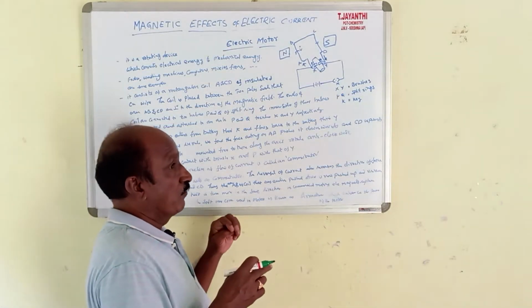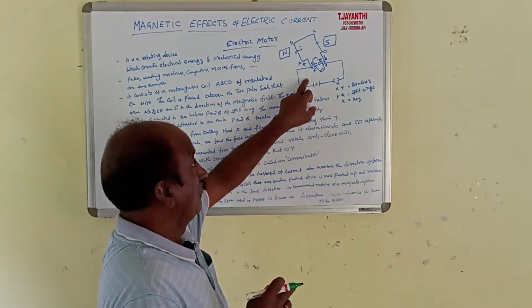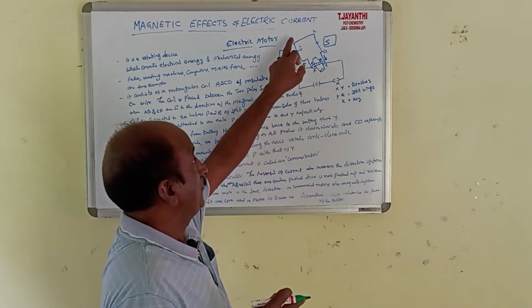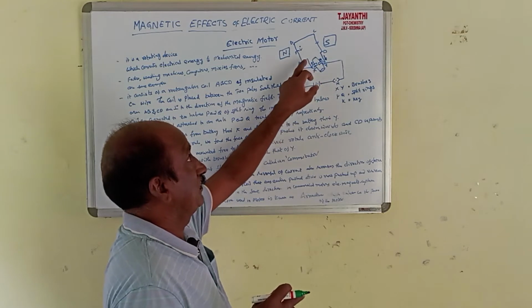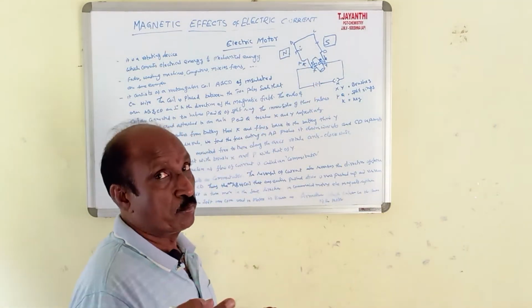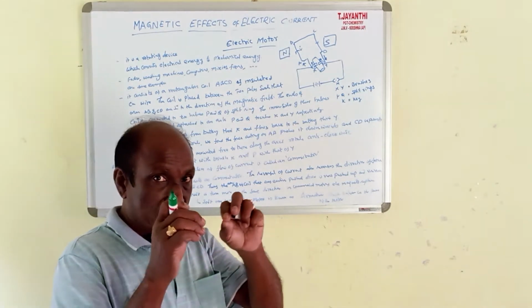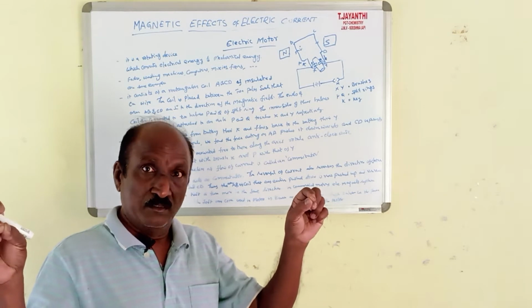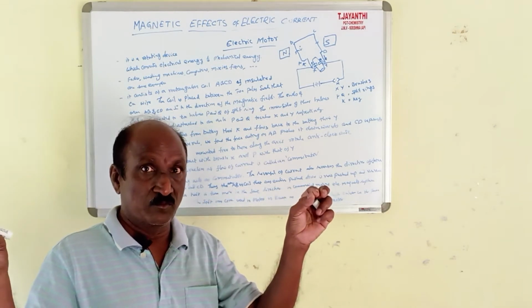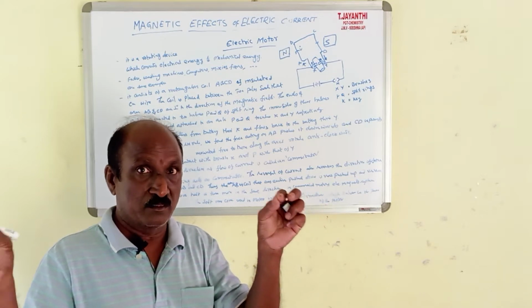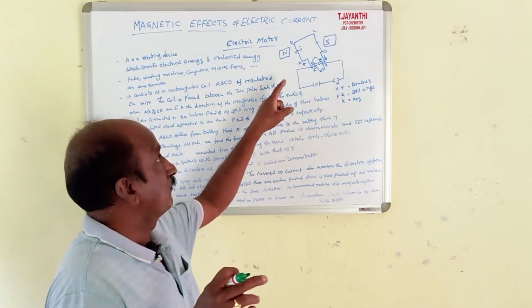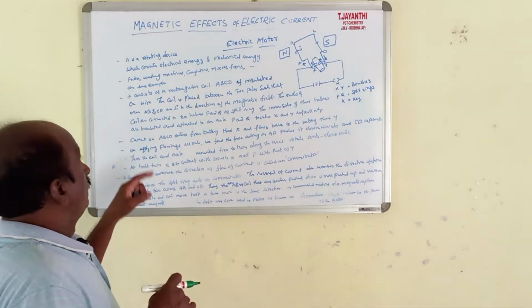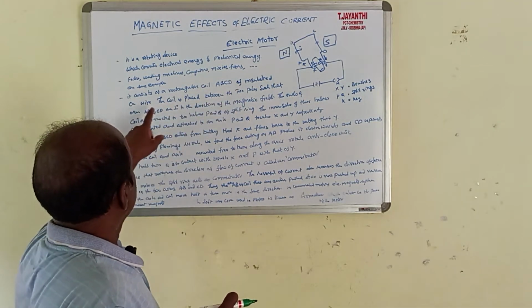So, what are the key components present in an electric motor? Let us see. Here, one coil, one conducting wire A, B, C, D is taken here. It is an insulated wire, insulated copper wire. Okay, A, B, C, D is folded like that. Some 1 meter wire is taken, and we have bent that wire into this shape ABCD, which is an insulated wire, insulated copper wire.